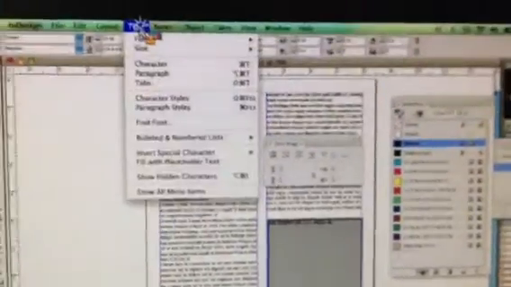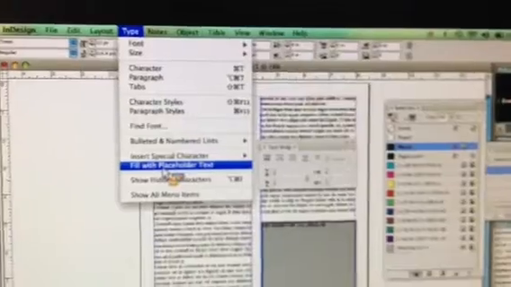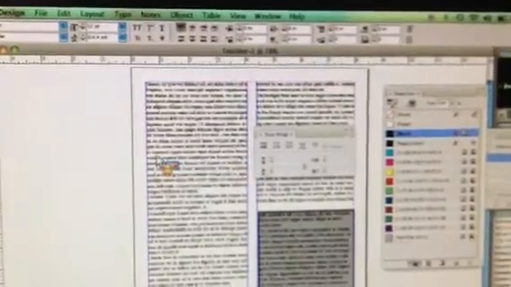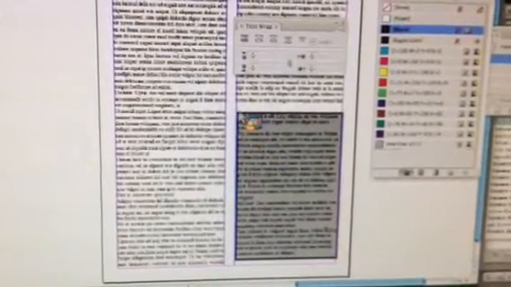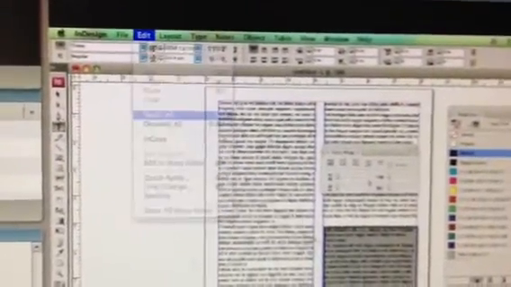Okay, so I have text, or we can just go up to the Type menu and choose Fill with Placeholder Text. We'll fill it up, just so we have something to work with. So what are we going to do with the text that's in here? Well, it doesn't look good when it's touching the sides. So I'm going to select all of the text by going to the Edit menu and choosing Select All. Because my cursor was in that text box, it just selects all the text in